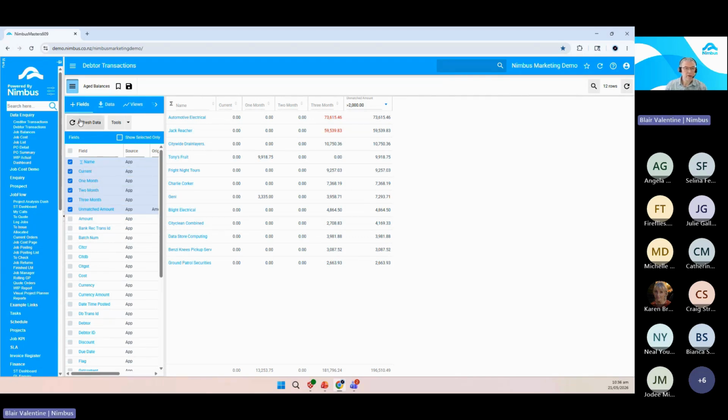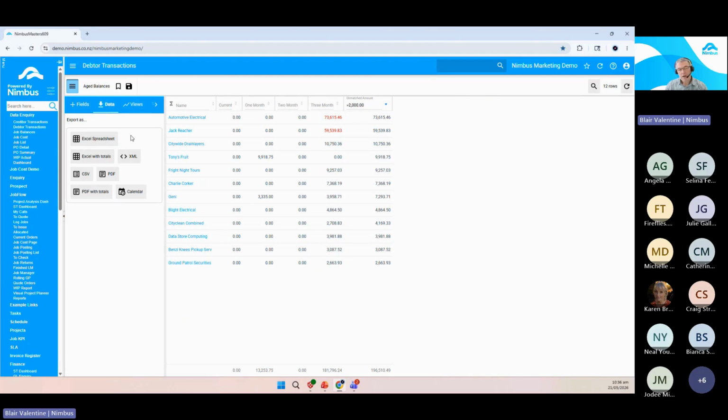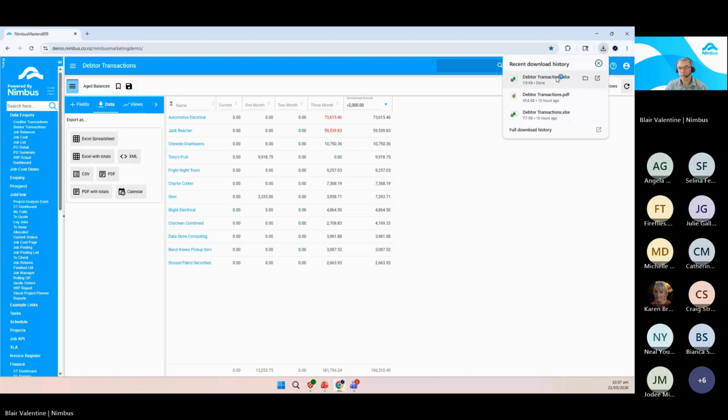Now, if I move along, just to show you what is available in the fields across the top here, if I choose the one that says data, it gives you an example of the data that's displayed on your screen. You can use that to export it to a spreadsheet or anything like that. I'll just show you what that looks like. In here, you can see that I've got it summarized. I've got some colors in here, and if I export this with the totals and open that up,